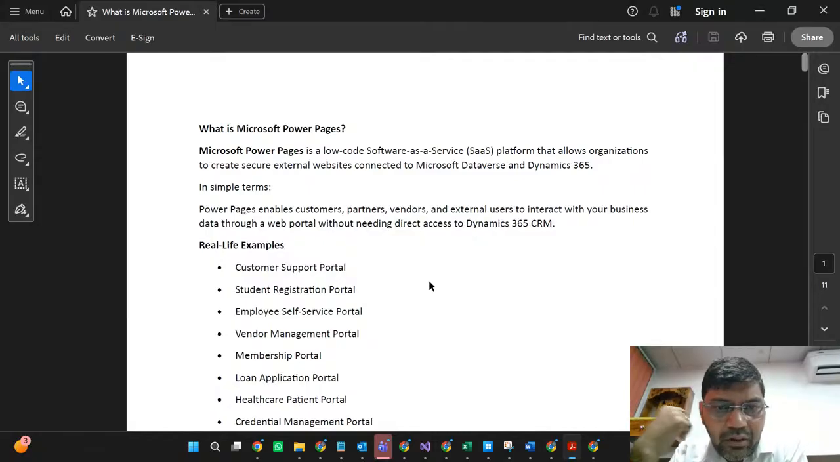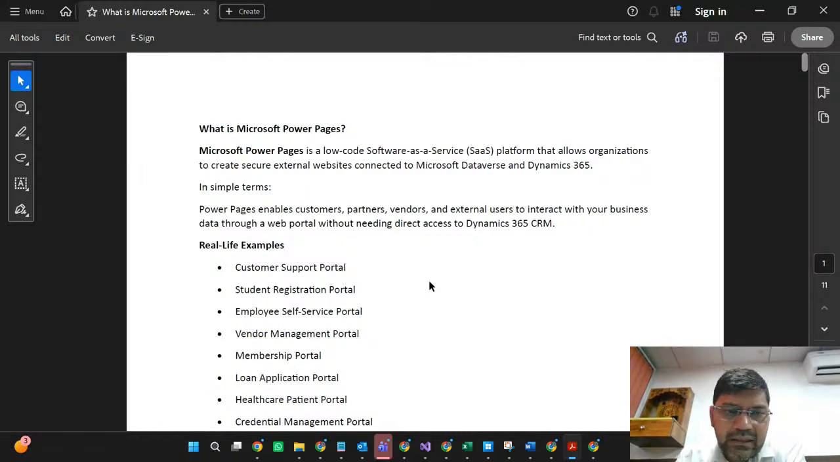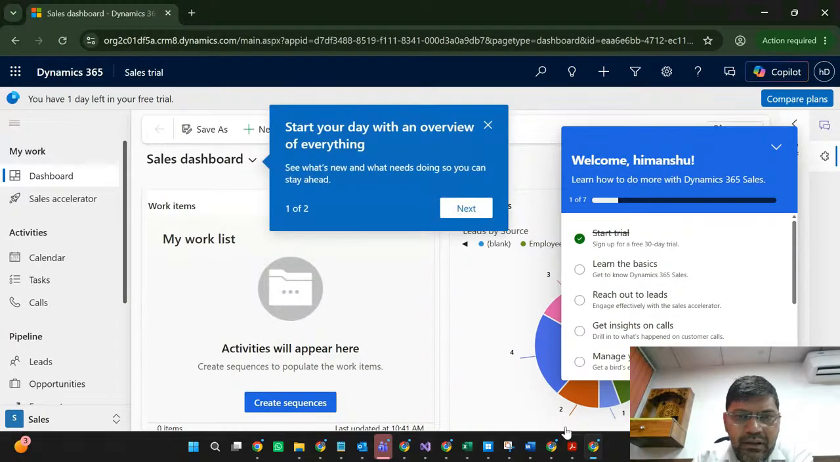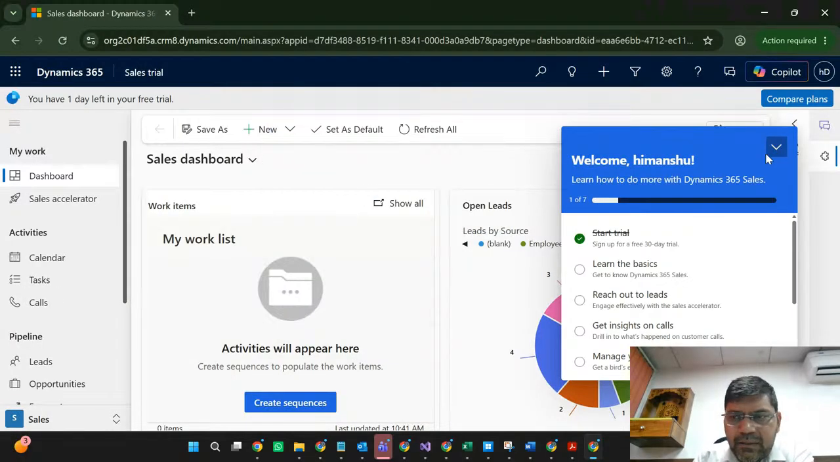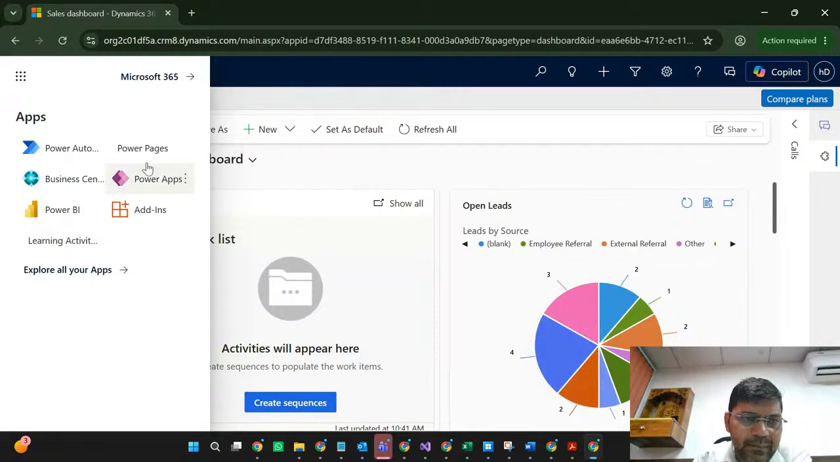Microsoft Power Pages is a low code software as a service platform that allows organizations to create secure external websites connected to the Microsoft Dataverse and Dynamics 365 CRM. So it means this particular application is directly connected to this Dataverse. With Dataverse, if we need to showcase any information without giving the Dynamics CRM license, we have the flexibility to showcase the